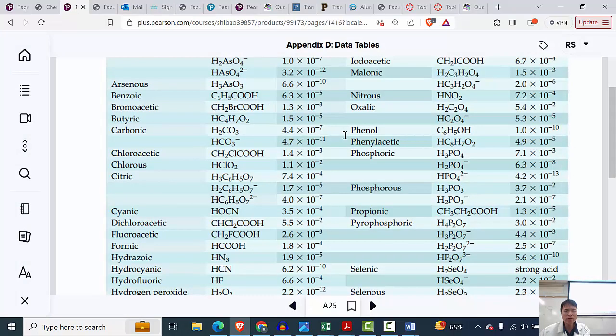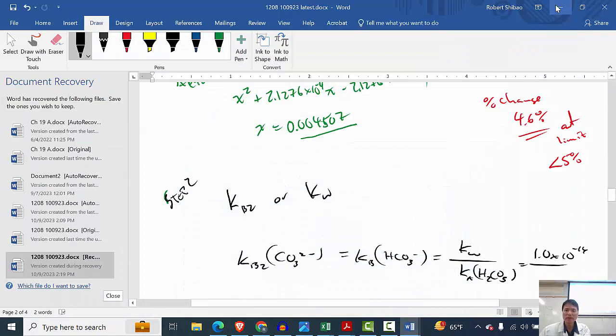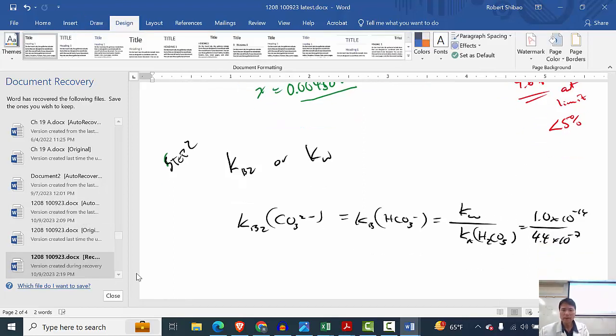Ka for carbonic acid is 4.4 times 10 to the minus 7. And then calculate that: 1 times 10 to the negative 14 divided by 4.4 times 10 to the negative 7 gives me a Kb2 of 2.27